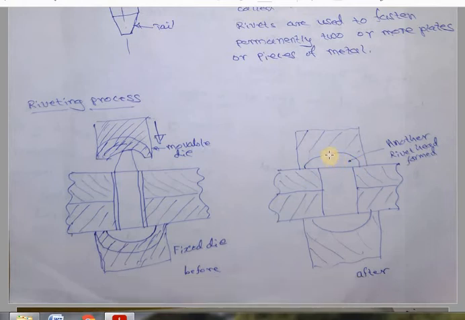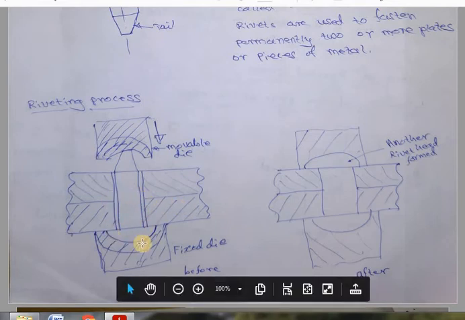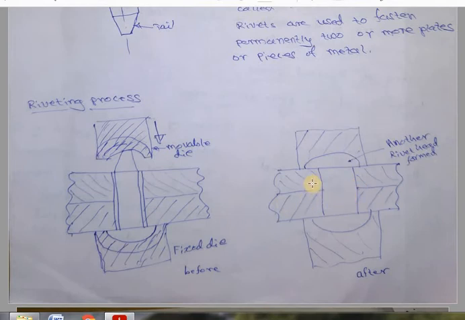In the process of deforming the tail portion, the diameter of the rivet shank is also going to get enlarged to the diameter of the hole. You can see earlier there is a clearance: the diameter of the rivet is a little smaller than the diameter of the hole. Once a compressive force is applied, the shank gets laterally expanded because the bottom end is fixed. Therefore, the diameter of the shank now becomes the same as the diameter of the hole. So this is how the joint gets formed. These two plates are connected together by means of the rivet joint. Now I cannot dismantle this joint unless I remove this head portion or break the plates. Therefore, we call this a permanent rivet joint.